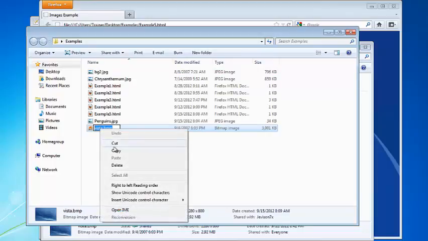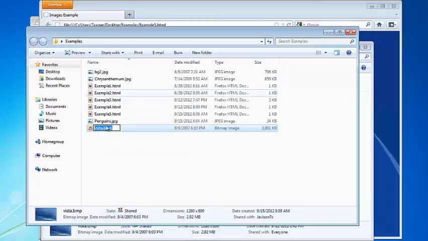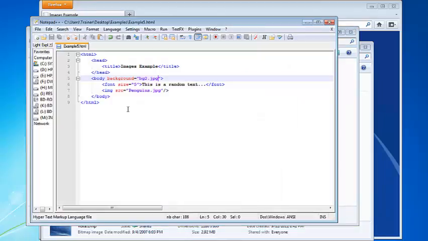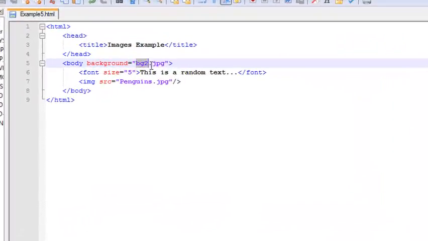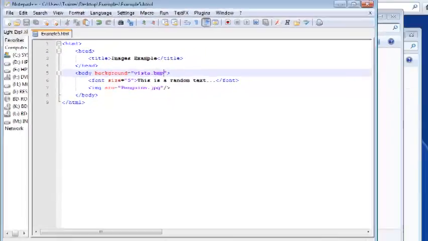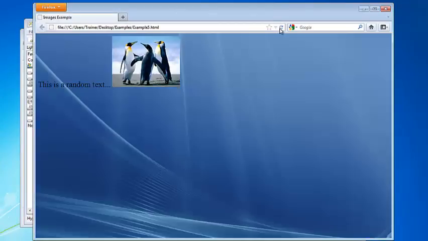Copy that, take it back to Notepad++, paste background image, back to the browser, refresh. You can see Windows Vista's background on the web page. So as you design your web pages, you might want to consider using background images on the web page, which looks pretty cool. Alright,